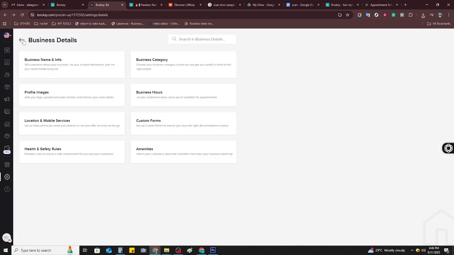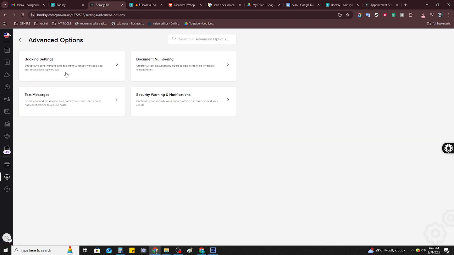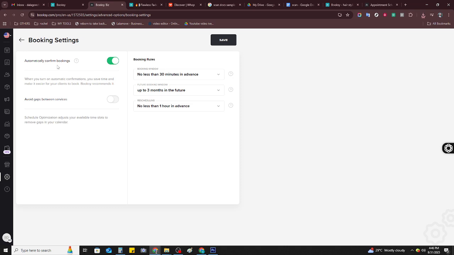Now that you've activated the no-show and cancellation fee, it's crucial to decide how much you want to charge. You have two choices here. You can set a flat fee, which could be an amount like $20, or you can choose to charge a percentage of the service cost, for instance, 50%. Think about what makes sense for you and your clients, balancing fairness with assuring your business financial protection for missed